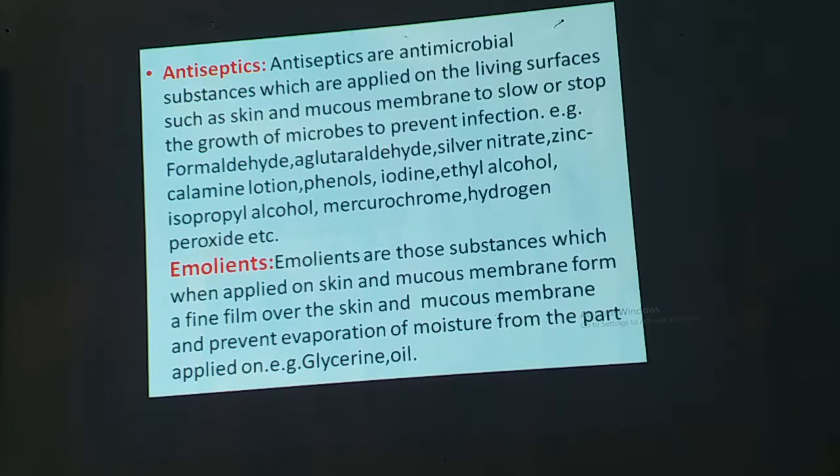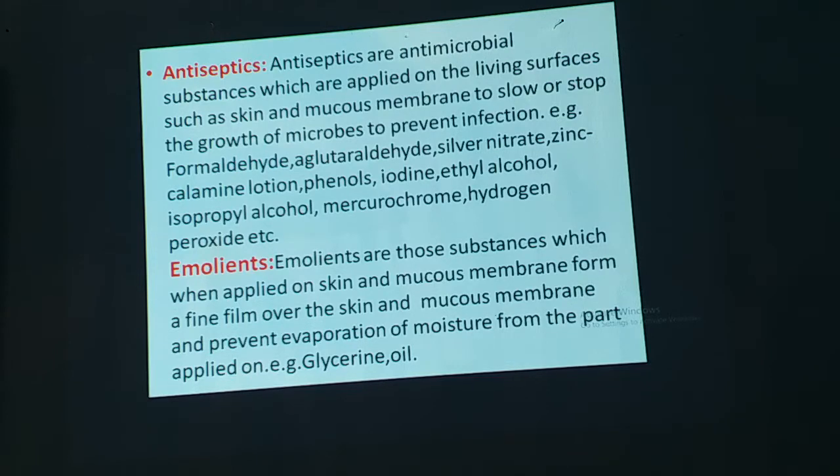Coming to the other descriptive term, antiseptics. Antiseptics are antimicrobial substances which are applied on living surfaces such as skin and mucous membrane to slow or stop the growth of microbes to prevent infection. Example, formaldehyde,